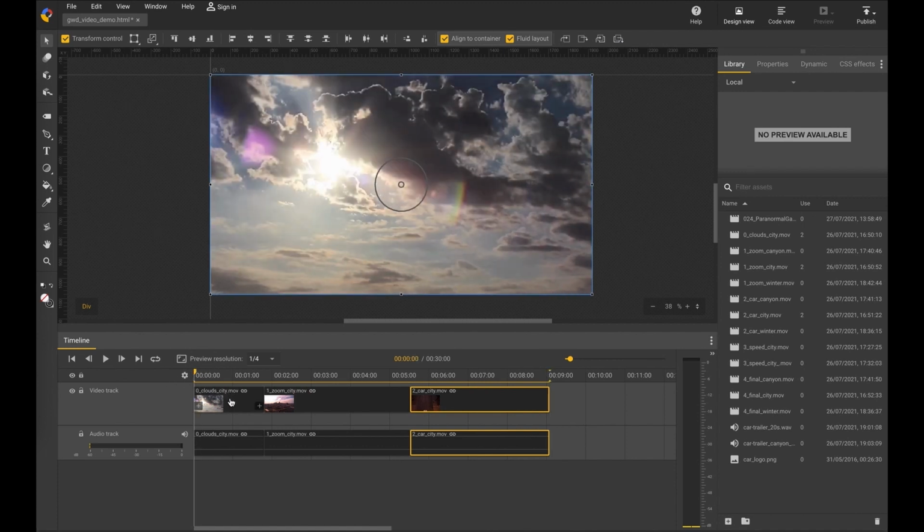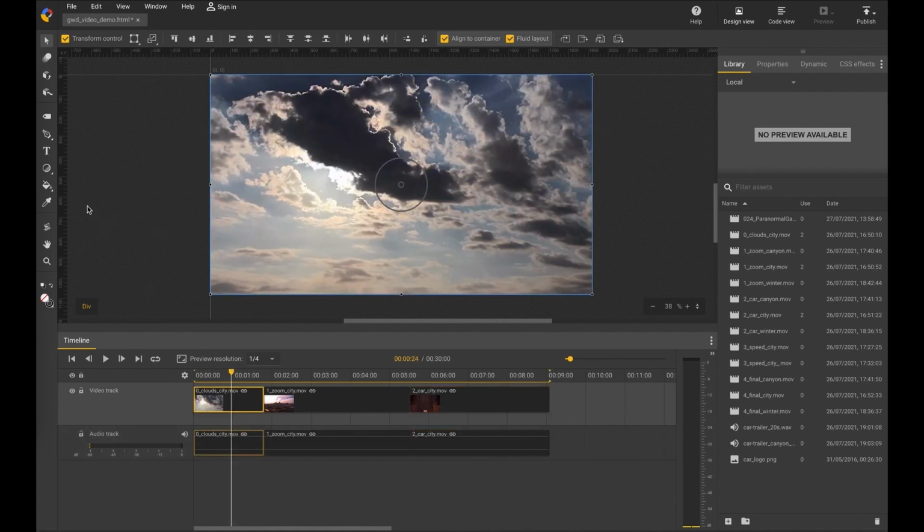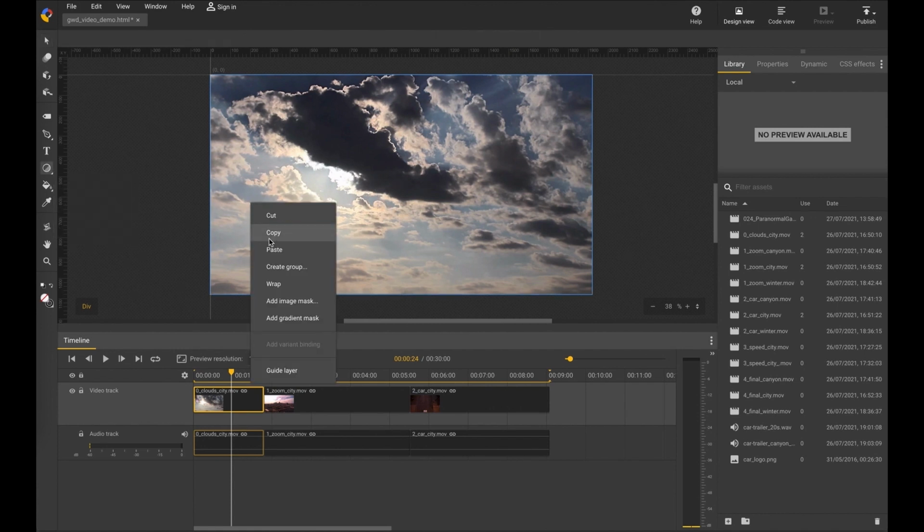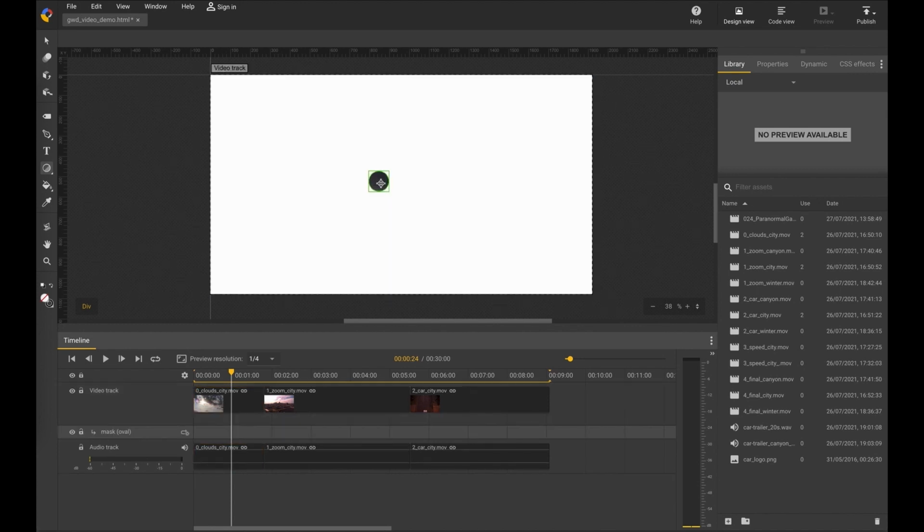We want to have some masking here. We have many creative masks here. We have image masks and gradient masks and so on that you can apply here. We can have also CSS effects and also SVG effects here. In this case, I just want to have like an opening spotlight, opening the video, the focus lens here, and animate it on the video track.